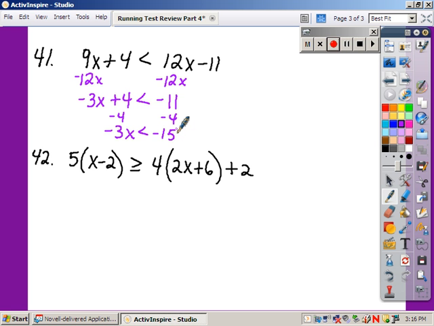Okay, one more step, and I'm going to, again, write it up here one more time. I'm going to divide everything by negative 3. So this is that last step I was talking about. I'm dividing by a negative. So this is where I get an x here, and this is actually now positive 5, and this is that time where you change the sign around. So in this case, now I'm going to finish my solution by saying I have x is greater than 5,